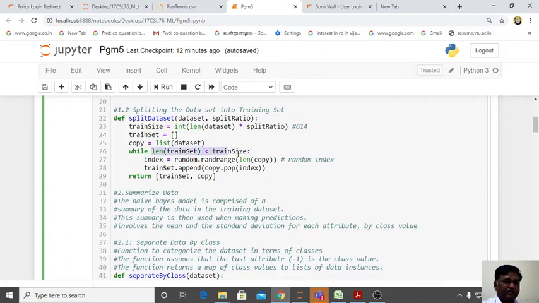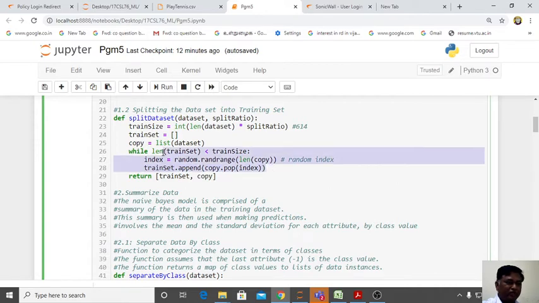So 0 less than 614. So randomly you are taking one by one all the data. One random index out of the full data is given. That index is identified. Based on that index, a stack operation, pop operation is applied. So it is popped one by one. It takes all the data and appends it to this training set. So at the end of this while loop, what will we have?